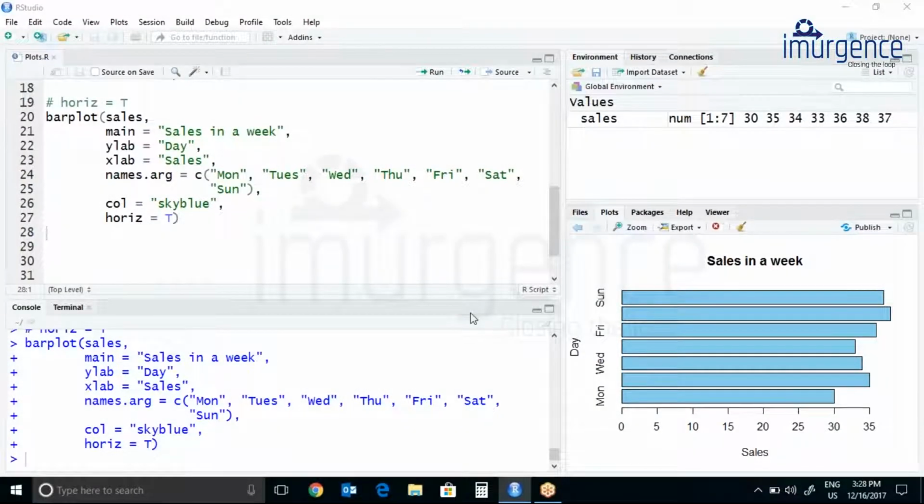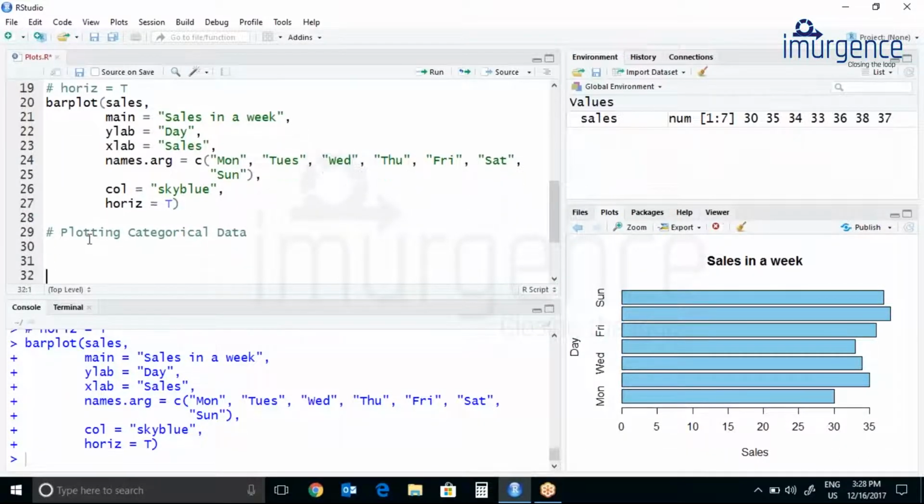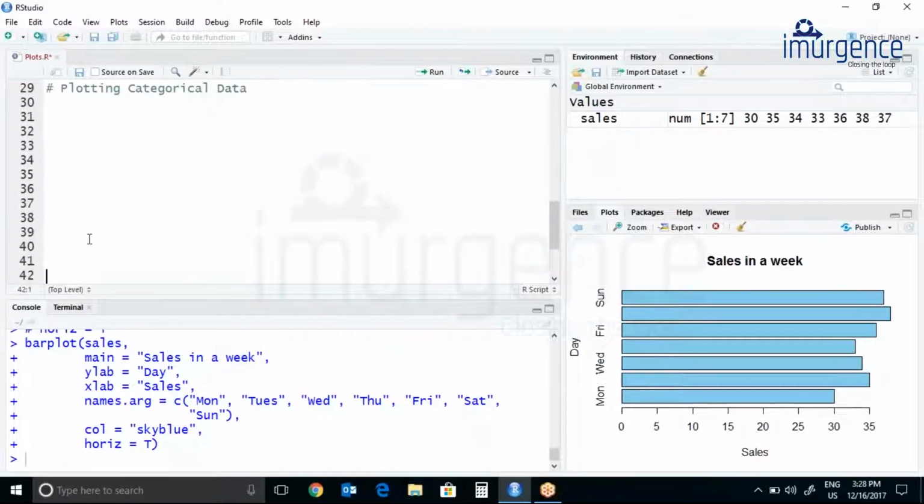Let's see plotting our categorical data. So let's create a variable age.